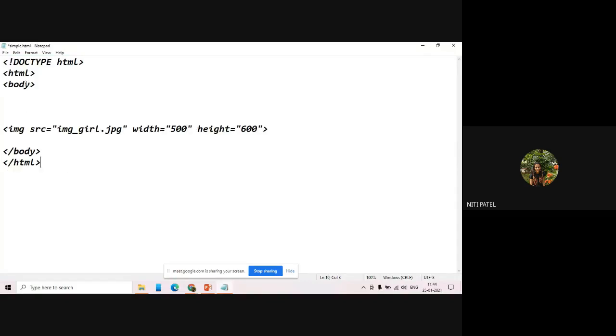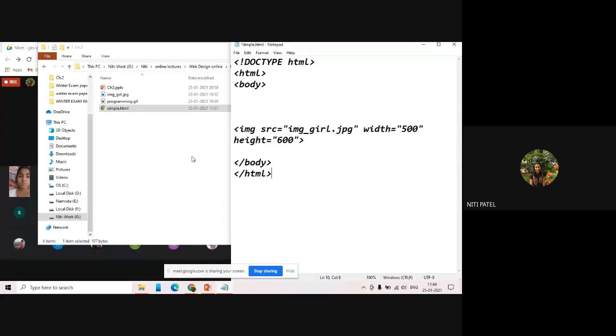Okay, so we have an image, and if you can see on the screen, I have already downloaded that image, image_girl.jpg. Is the name of both the same? img_girl.jpg, the name of both is the same. Now I have added this particular image in the same folder where my program is saved.